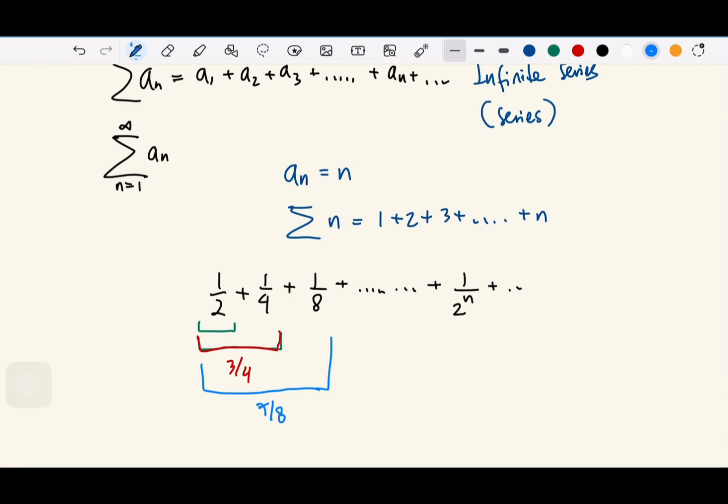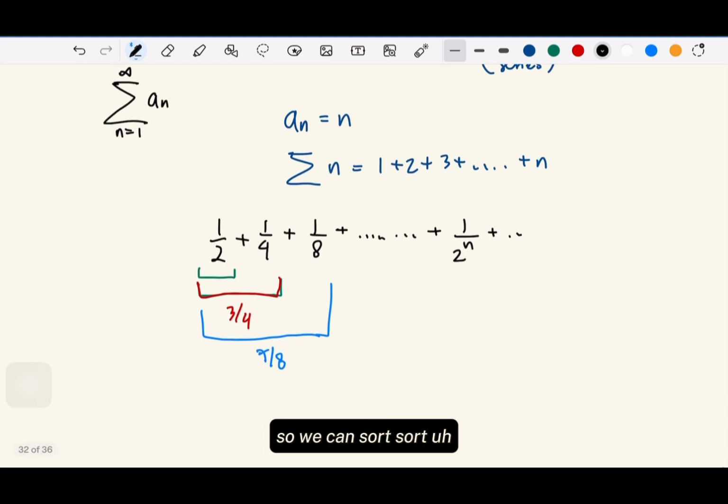So we can sort, sort, sort, sort, sort, sort, sort, sort, sort, sort, sort, sort, sort, sort, sort, sort, sort, sort, sort, sort, sort, sort, sort, sort, sort, sort, sort, sort, sort, sort, sort, sort, sort, sort, sort, sort, sort, sort, sort, sort, sort, sort, sort, sort, sort, sort, sort, sort, sort, sort, sort, sort, sort, sort, sort, sort, sort, sort, sort, sort, sort, sort, sort, sort, sort, sort, sort, sort, sort, sort, sort, sort, sort, sort, sort, sort, sort, sort, sort, sort, sort, sort, sort, sort, sort, sort, sort, sort, sort, sort, sort, sort, sort, sort, sort, sort, sort, sort, sort, sort, sort, sort, sort, sort, sort, sort, sort, sort, sort, sort, sort, sort, sort, sort, sort, sort, sort, sort, sort, sort, sort, sort, sort, sort, sort, sort, sort, sort